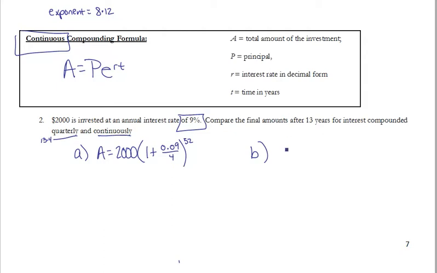Our compounded continuously would be 2,000, and then our base would be E, and then the rate is 0.09 times 13. It's really important that you put both of those in your exponent when you plug them in your calculator. Okay, so the quarterly would give us